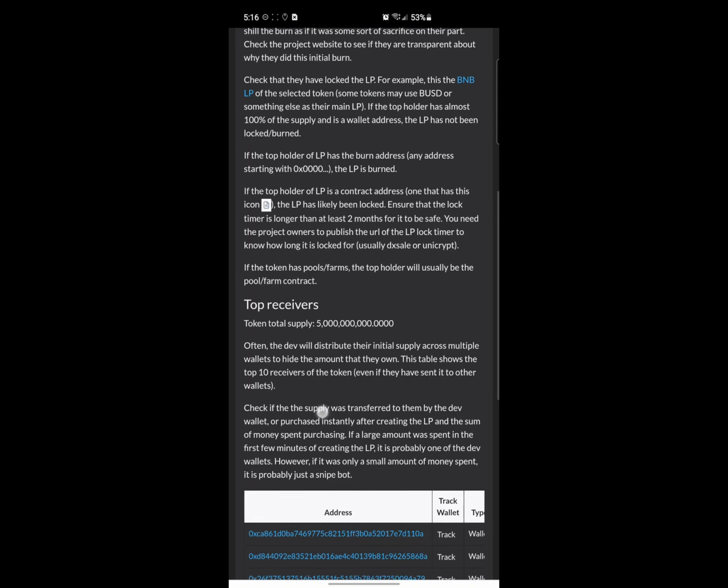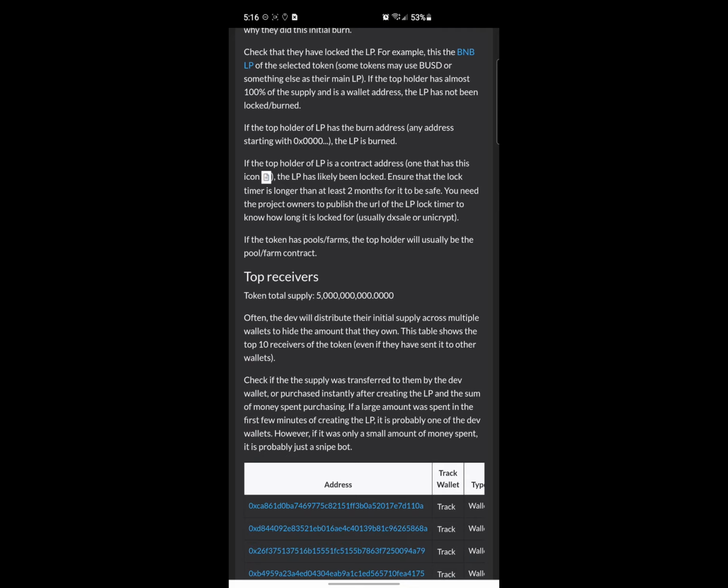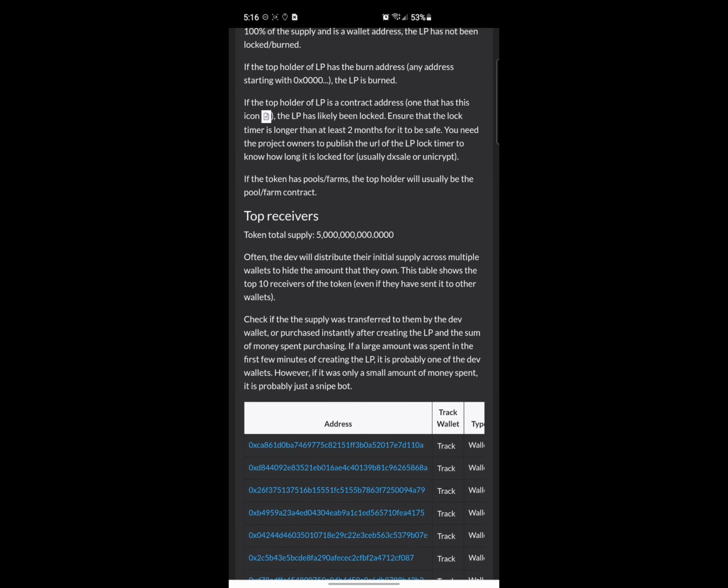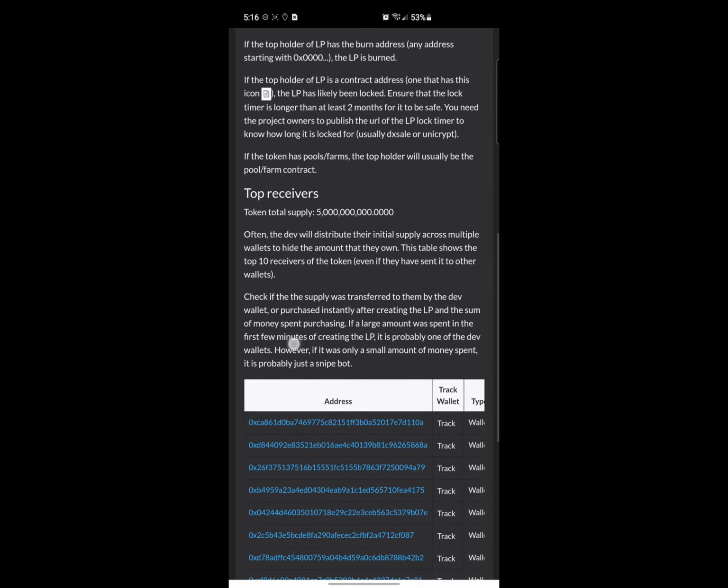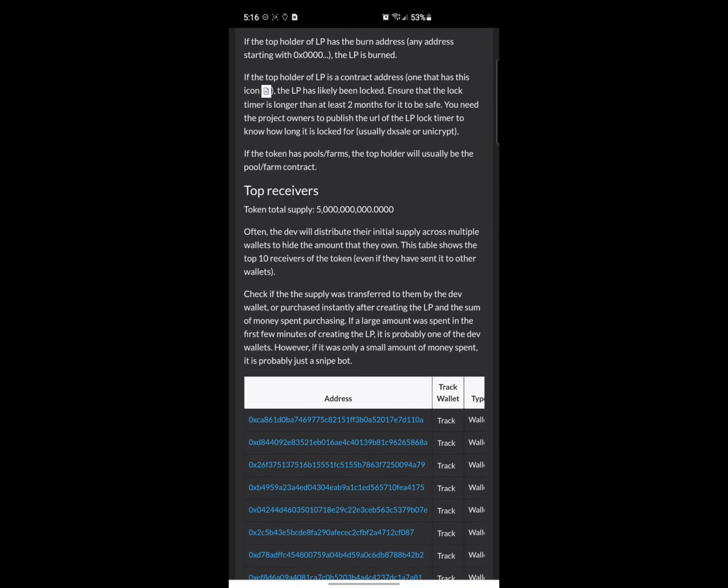So it says if the token has pool farms, the top holder will usually be the pool farm contract. So this says top receivers. It says often the dev will distribute their initial supply across multiple wallets to hide the amount that they own. This table shows the top 10 receivers of the token. If they have sent it to other wallets, check if the supply was transferred to them